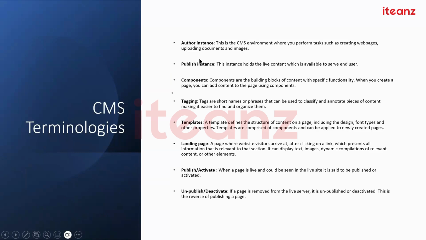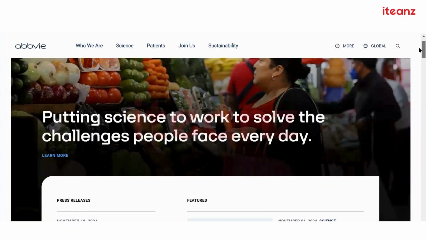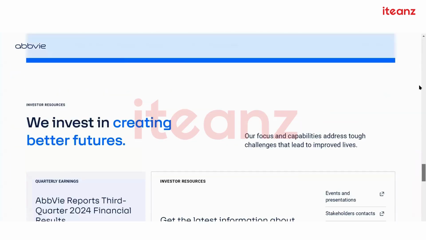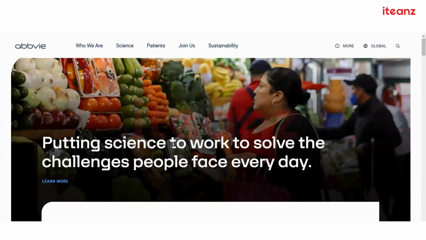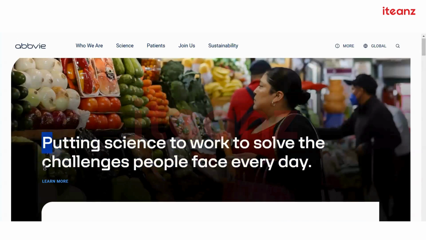Now what is the difference, and why do we need these two instances? As I was telling you, this is the homepage of my application, say appvi.com. All your content and pages would be available to us in AEM. Suppose this whole page is created in AEM. If I want to update this title, or move something somewhere else, or update this link,